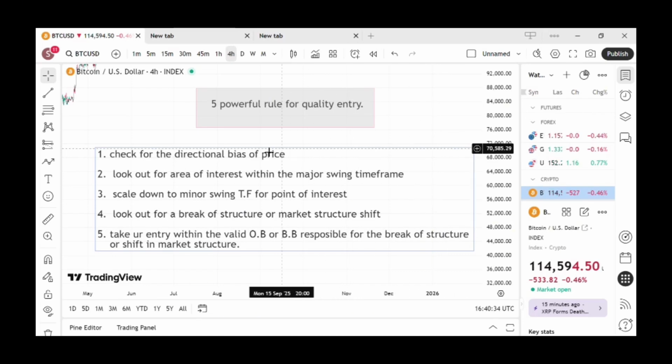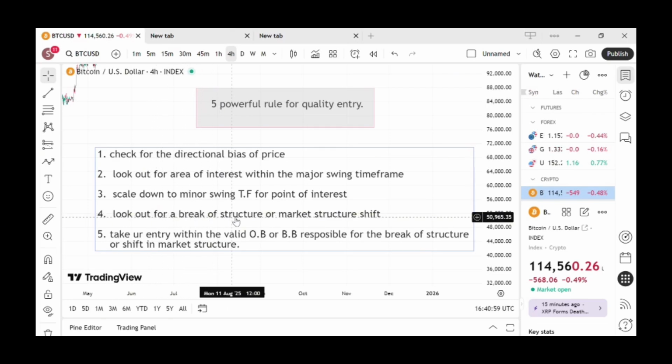The first one we have on our chart is to check for the directional bias of price. The second one is to look out for area of interest within the major swing time frame. The third one is to scale down to the minor swing time frame for the point of interest. Then we have the fourth one, which is to look out for